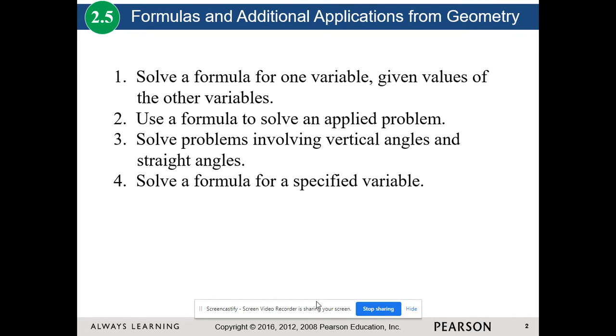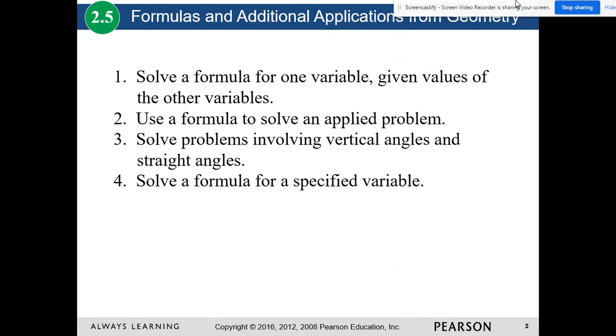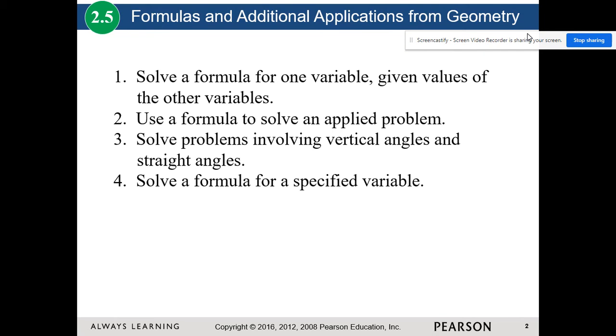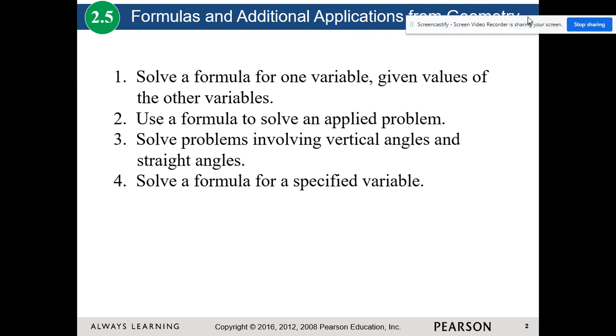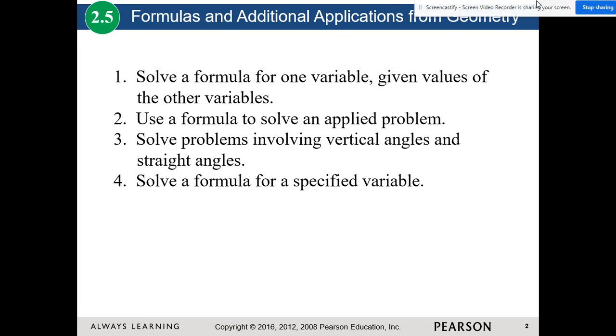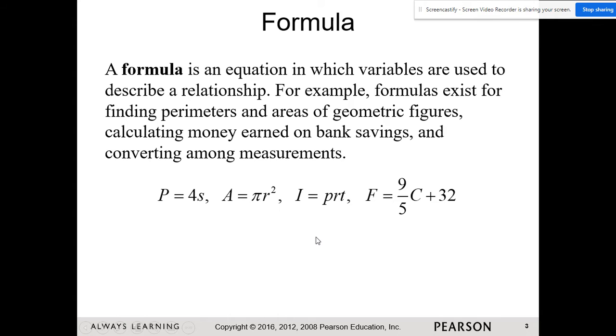All right, let's take a look at section 2.5. We have formulas and additional applications from geometry. I'm going to get that out of our way. All right, so we have